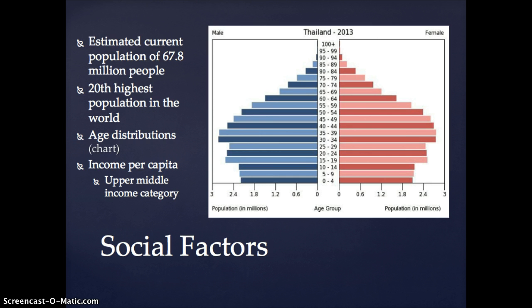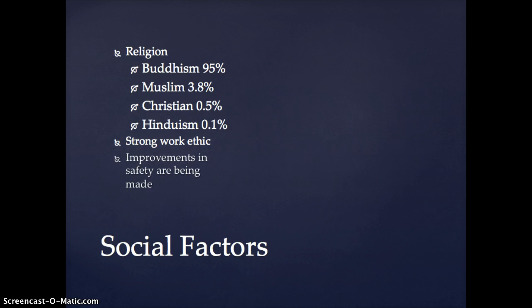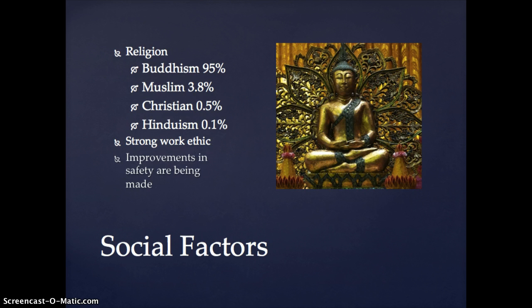Finally, the income per capita category for Thailand is upper middle income, and the GNI per capita is $5,210. Next, we have different cultural aspects that fall under the social factors, such as religion. Buddhism is the official religion of Thailand, but Islam, Christianity, and Hinduism are also major religions. This is good because Buddhism is fairly open to other religions, which could be beneficial for incoming businesses from different backgrounds. Different attitudes towards work for the Thai people.